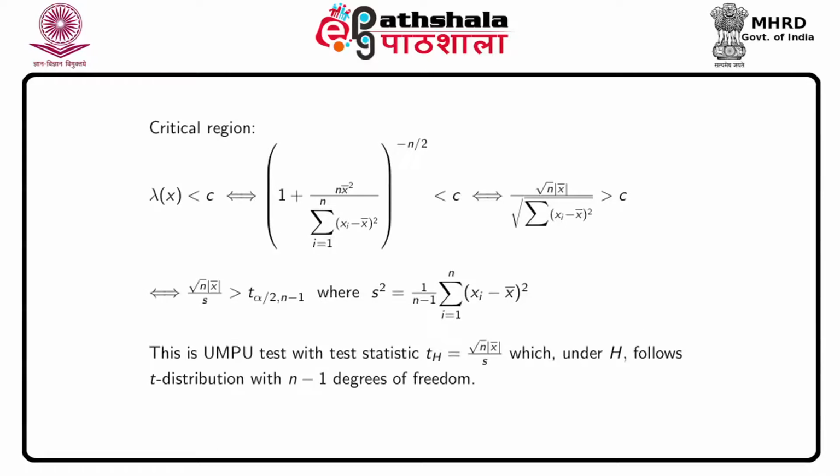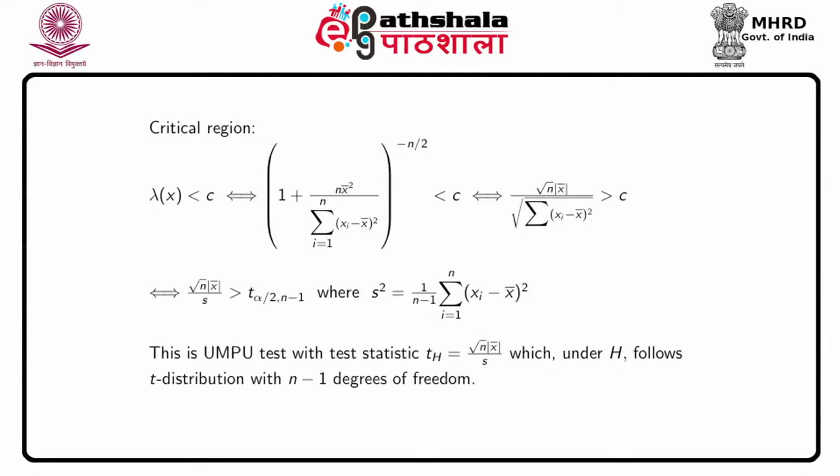Hence, the critical region will be lambda(x) less than c, which is equivalent to saying (1 plus n x bar square by summation (xi minus x bar) whole square) whole to the power minus n by 2 less than c, and which is finally equivalent to root n into mod x bar divided by square root summation (xi minus x bar) whole square greater than c, and this is equivalent to saying root n times mod x bar by s is greater than t alpha by 2, n minus 1, where s square is the sample variance